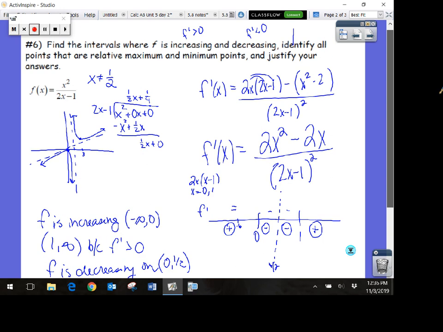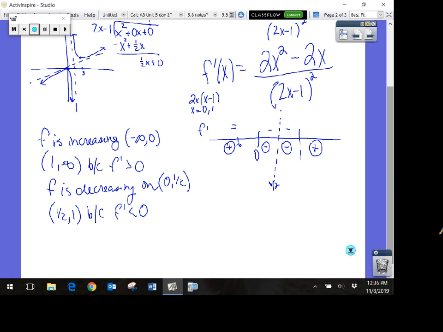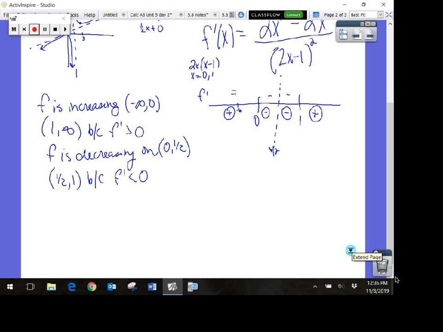Then it says, identify the points. So it wants x and y values. Identify the points that are relative max and mins. So again, we just look at this. The slope of the tangent line is positive, then it's negative. If it's positive, then it's negative, that's going to create a maximum. That's the only place it goes from positive to negative. So we have a relative max